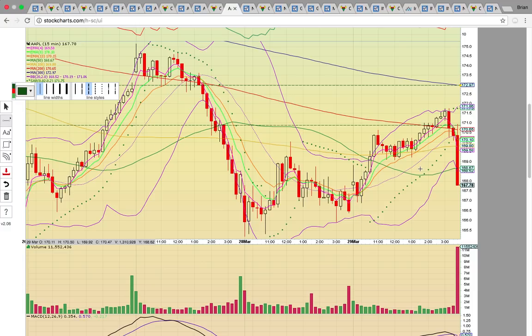They did the same thing to Microsoft, and so yeah, we'll have to see. It has to get back above now that 50 simple moving average at 168.70 or 67, and then it has to get back above the middle Bollinger Band. If it stays below the middle Bollinger Band at 170 on the 15-minute chart, that's going to signal that it's